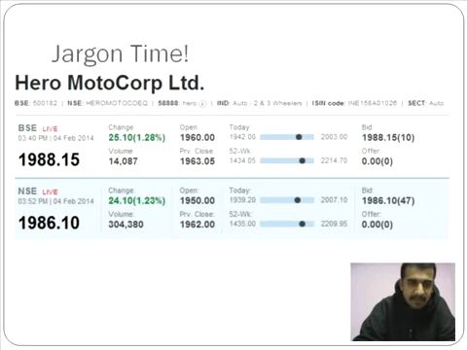Since you have better infrastructure, NSE is the reason why people trade more in terms of volume than in BSE. Although there is a big difference in volume, you don't really notice a difference in price. Like I said, market equilibrium is the reason why you would find the prices of Hero Motor Corporation on these two exchanges very, very close to each other.